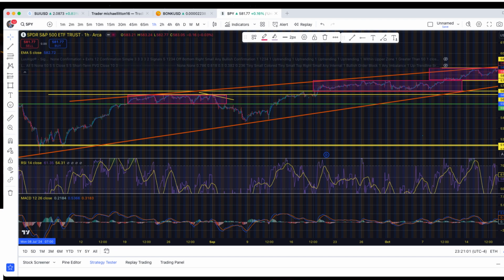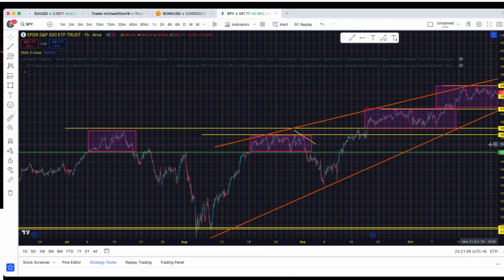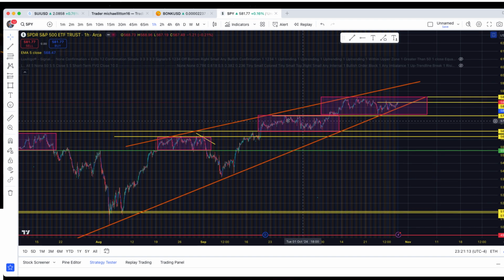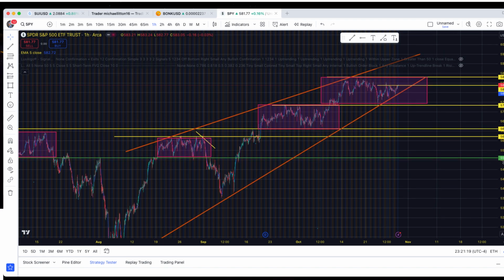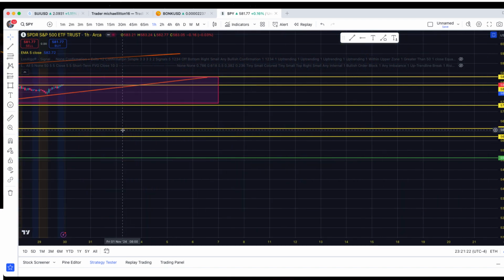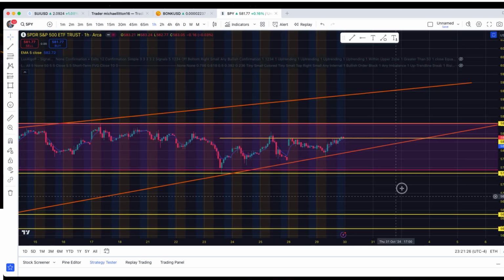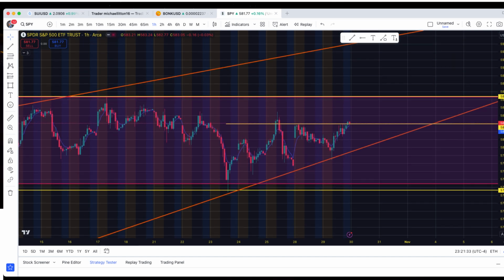And I also had these. If I can make this bigger, somebody asked me today about how I got my level. I got this wedge right here. These two red lines, these two trend lines. This is the SPY. It's holding this trend. So when we got today off the bottom of that trend,